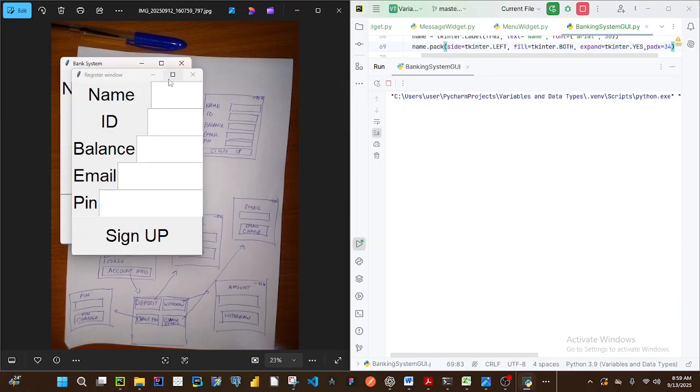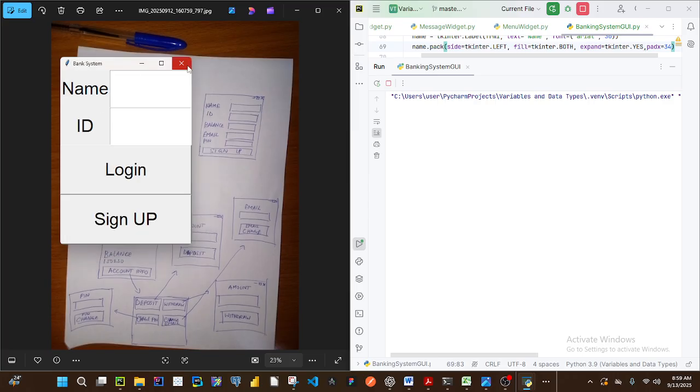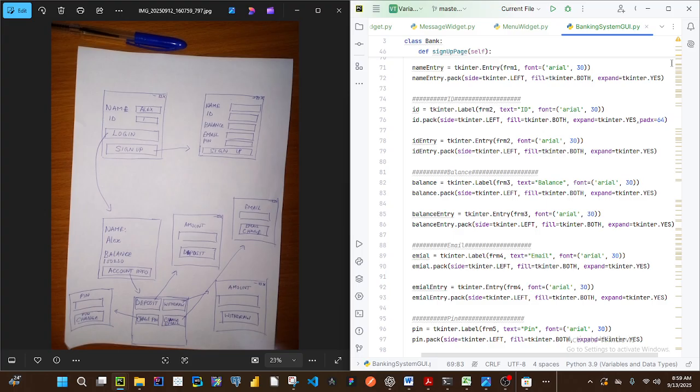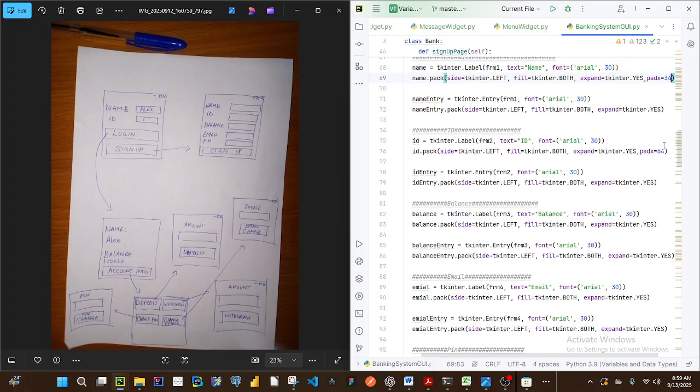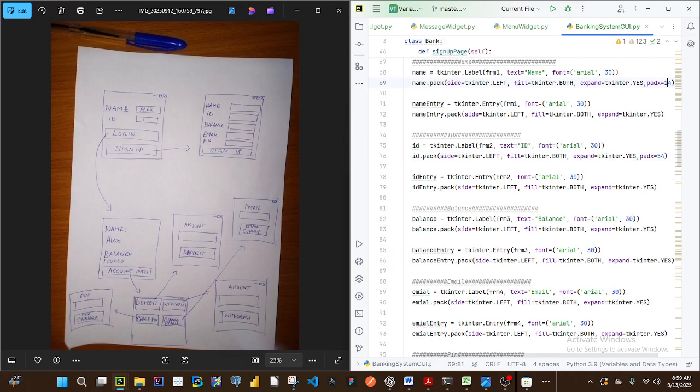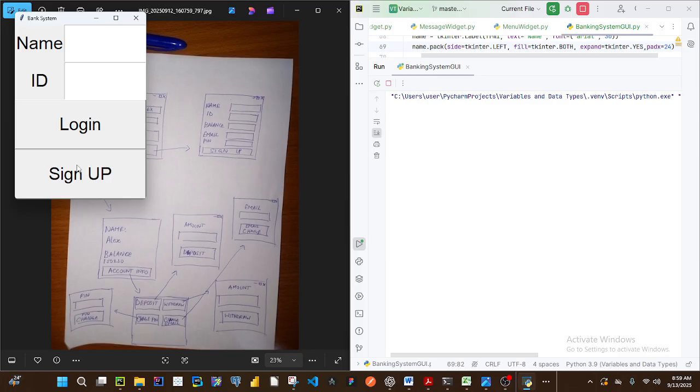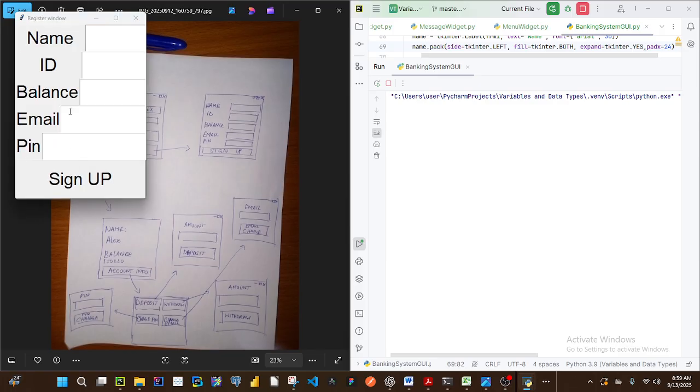Okay, it's a bit too much, so I'll just reduce them back. I'll make name maybe 20, 24, and I'll make ID maybe 50 something. So 24, 54, maybe 54, and then this one 24. So let us see if we would have made progress. So they are almost aligned, almost just a little